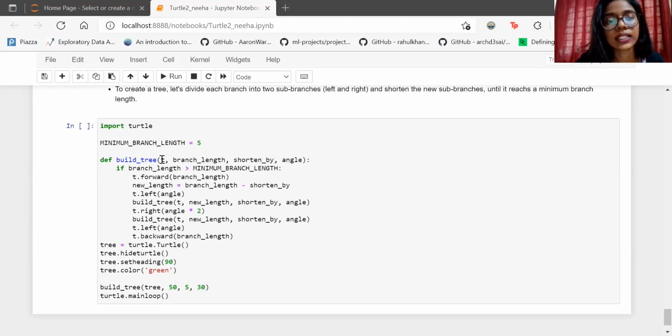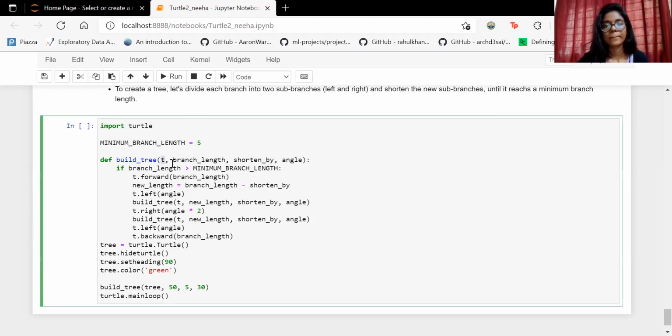T is nothing but our turtle object, then the branch length, how much it has to be shortened by, and the angle at which it has to turn when the tree starts building the branches. We're writing an if to check if the branch length is greater than the minimum branch length. This has to be the condition to enter the if block.